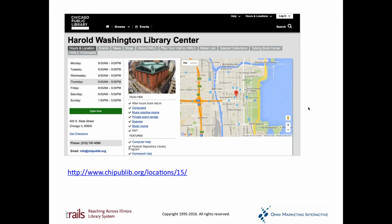It says locations 15. What would be a better name for this URL? Harold Washington Library. So this is another way that I would improve on the labeling system in the Chicago Public